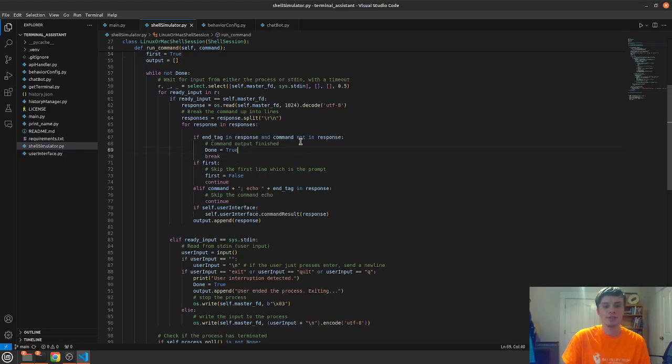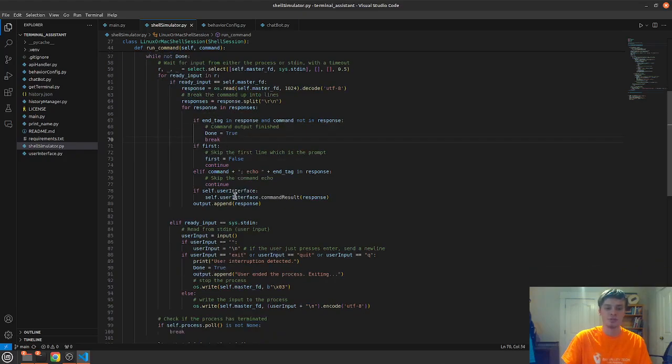Now, if it ever needs input from a user within this command, it'll actually shoot this back to the user. So let's say it needs your password. ChatGPT doesn't know your password, or it shouldn't unless you told ChatGPT your password. So you'll have to enter that in manually. Or let's say you need to confirm that you want to actually download something. It'll shoot that back to the user.